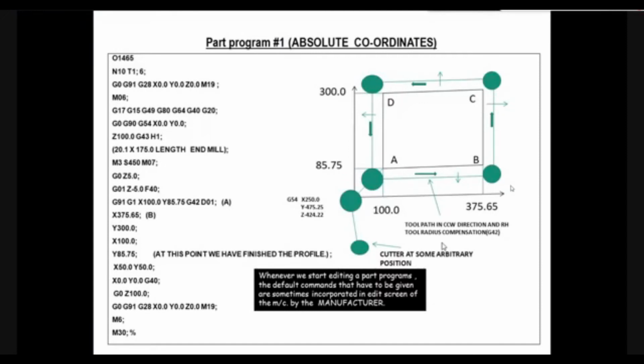And the first line of the program is N10 T1. There is some mistyping here. N10 stands for the numeric block. Each line in this program is called an NC block. I have given line numbers N10, N20, N30 like that only when there is a tool change action, that means whenever M6 or a tool call is effected.